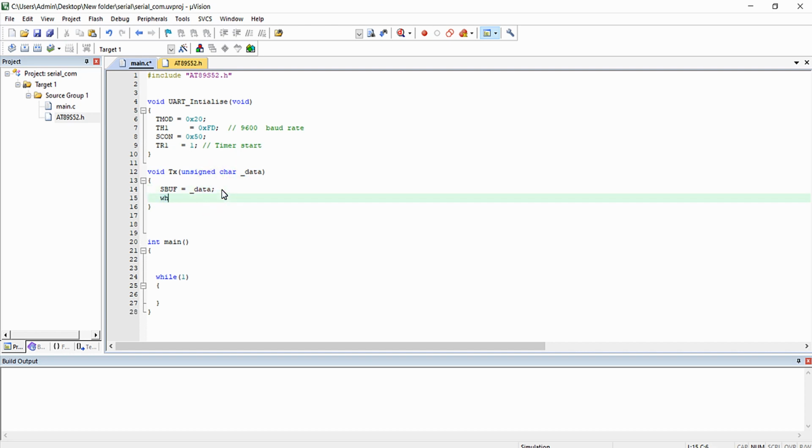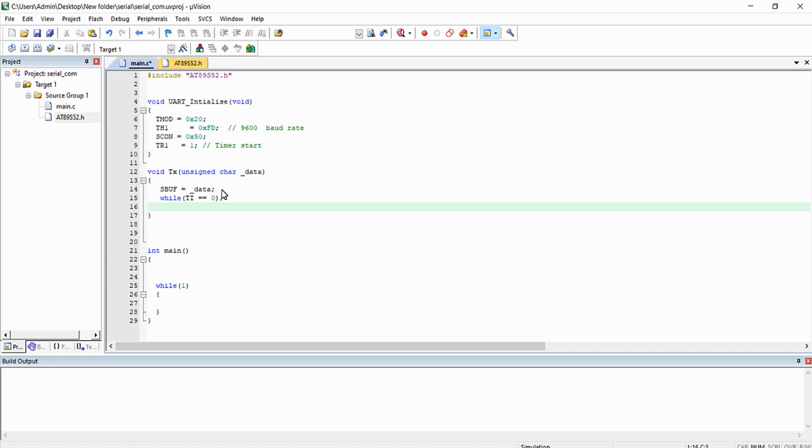After loading the data, we are going to monitor the TI flag. If it is high, we will clear the flag. So that's it. You can see we are loading the data to the SBUF register, that is the serial buffer register, and here we are waiting until the TI flag is raised.